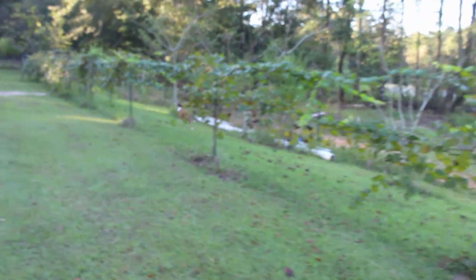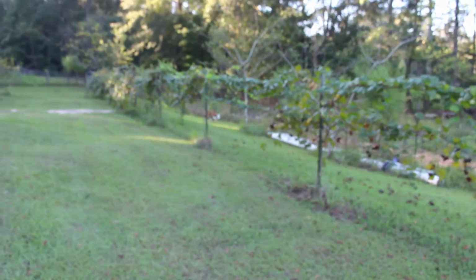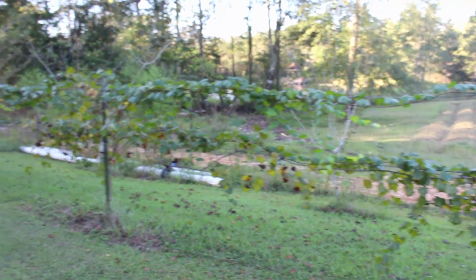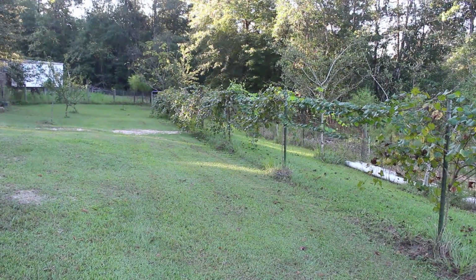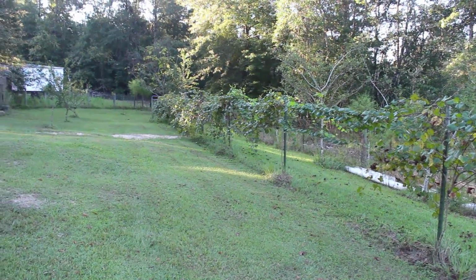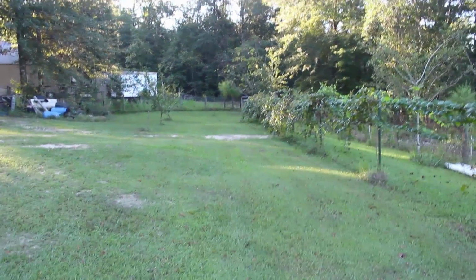This is our scuppernong vines. Goes all the way down. They're really, really long. These are the new vines, and they've done well this year. But the ones on the far end, he's going to have to trim like the muscadine vines. And we have